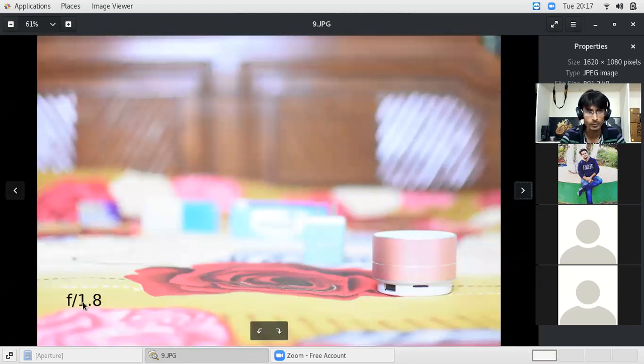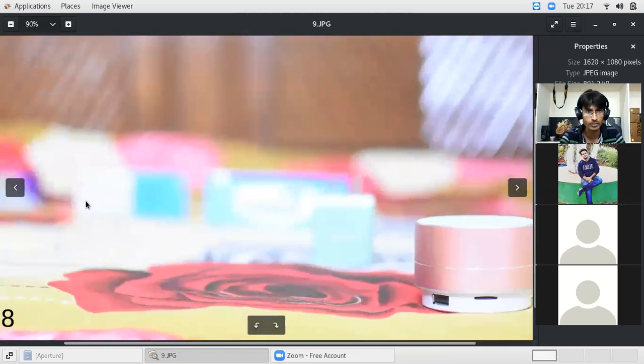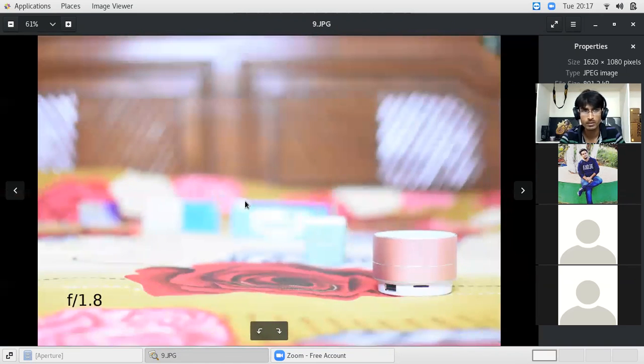What we have used is a very big aperture, bigger opening, smaller f value. So out of those 4 subjects placed in front of the camera, only the Bluetooth speaker is in focus. The rest you see are completely out of focus, and the amount of light that has entered the camera is also very high. See, the photo is overexposed. When we are doing this experiment, we have kept all other settings of the camera intact. We are just changing our aperture value. In this case it is 1.8, where only the Bluetooth speaker is in focus.